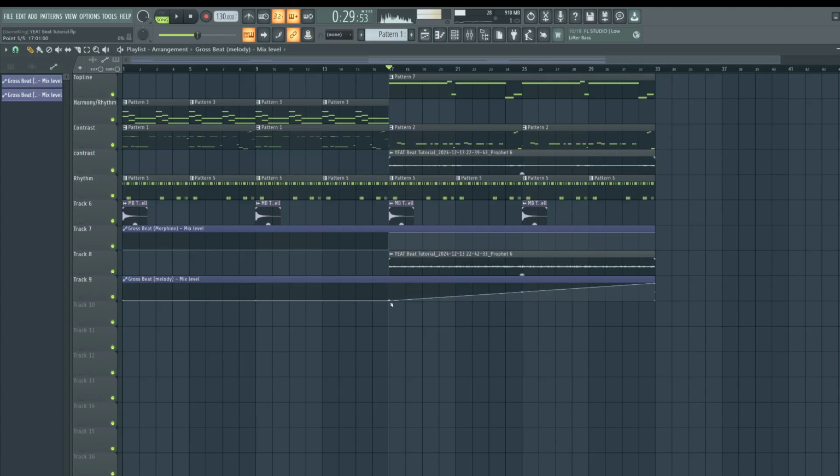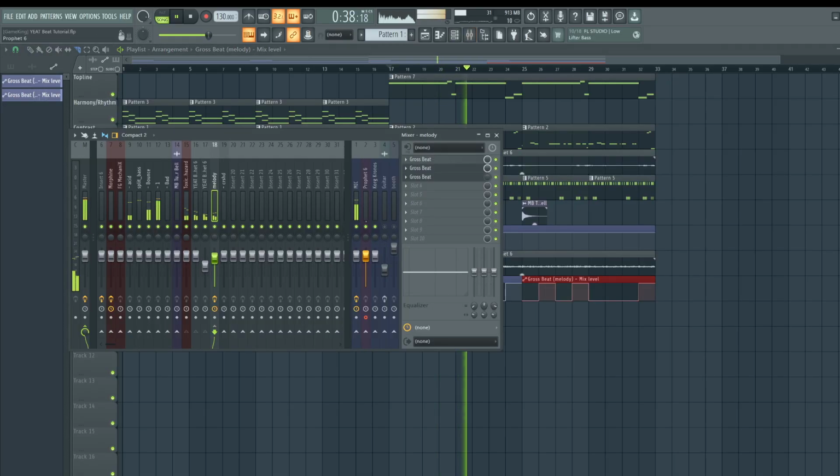To create automation for this, we need to create a box in the area where we want the tape stop. So this lasts for 1 bar. I'm going to spread it out so it doesn't just repeat the entire way. I still want to find a sound that kind of sits on top of this beat.